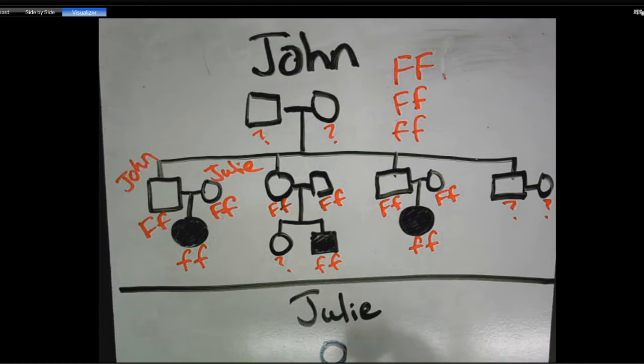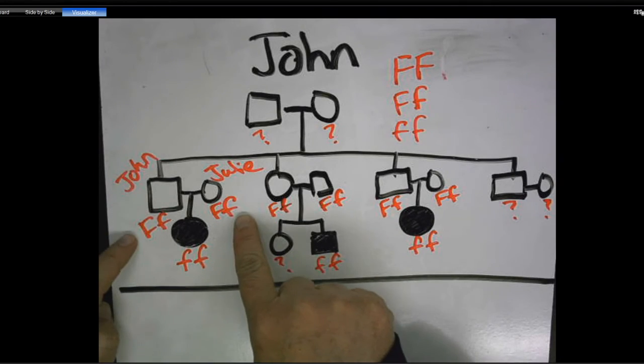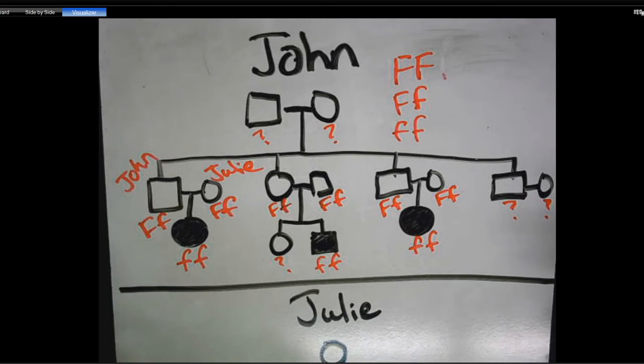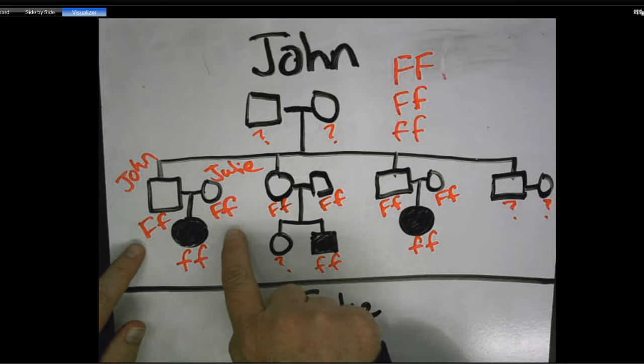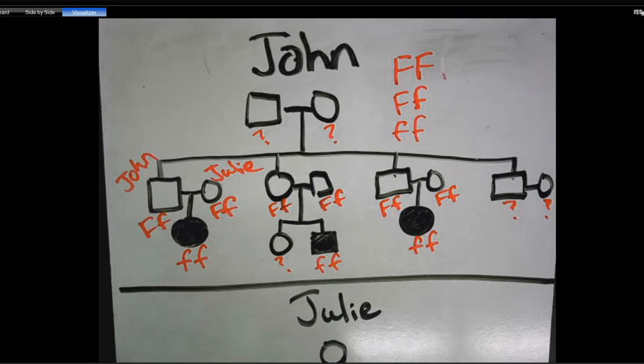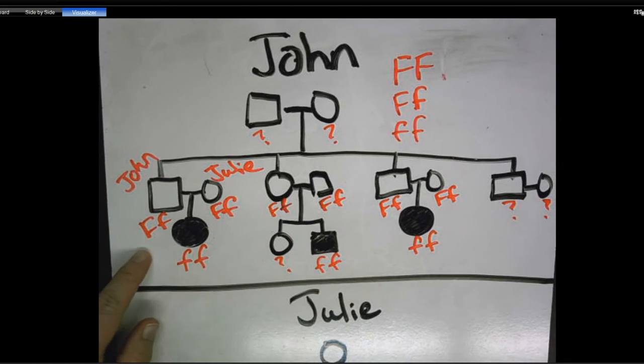Okay, and the second part we're going to do is a genetic counselor not only makes this and figures this out to figure out the genotypes, but then does a Punnett square. Remember, the Punnett square will tell us if that baby will have sickle cell anemia. So we're going to do a Punnett square to give them advice on whether we should do more genetic testing. So both John and Julie are heterozygote, if you remember. And so if they're heterozygote,